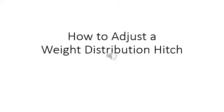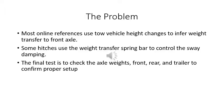This is a little presentation on how to actually measure spring bar forces to get the proper distribution of weights on a weight distribution hitch. The basic problem is most things use a change in the height of the tow vehicle to infer what the